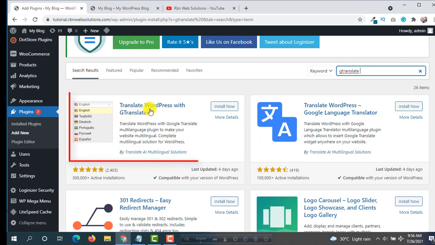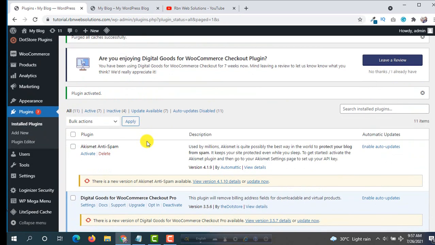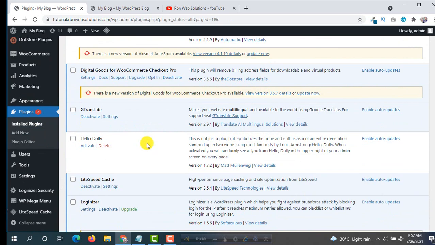Must use Translate WordPress with ZTranslate, because this is a super easy plugin, and you can configure it very easily with great options. Click on install now. After installing, as we know, we have to activate, so click on activate. Yeah, our plugin has been successfully activated.